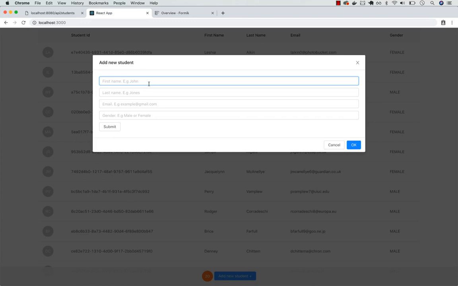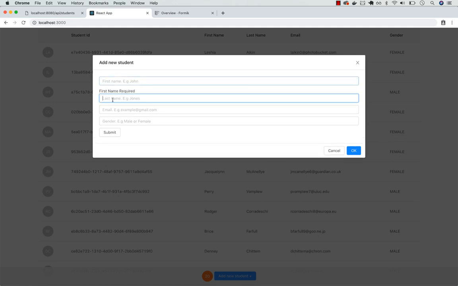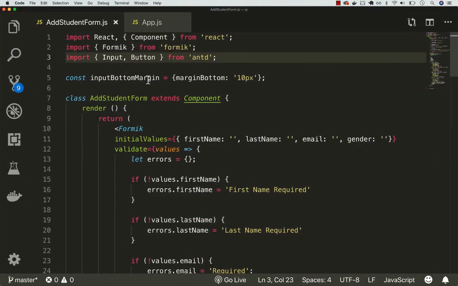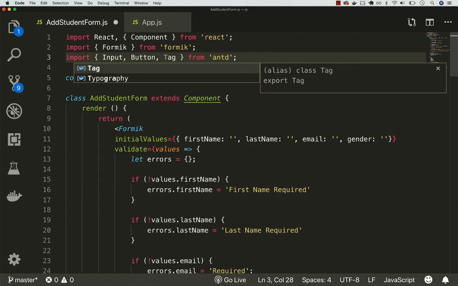Let's go ahead and add some styling to these form validation errors that we have. So if I click out of this text field, you can see that we have first name required. So let's actually improve the styling of this. So open up VS Code and let's go ahead and import the actual tag component inside of